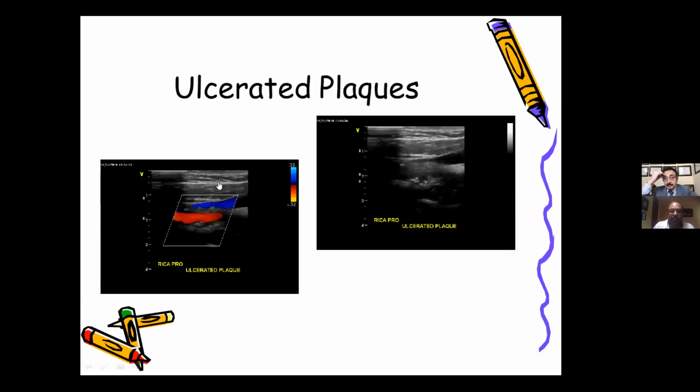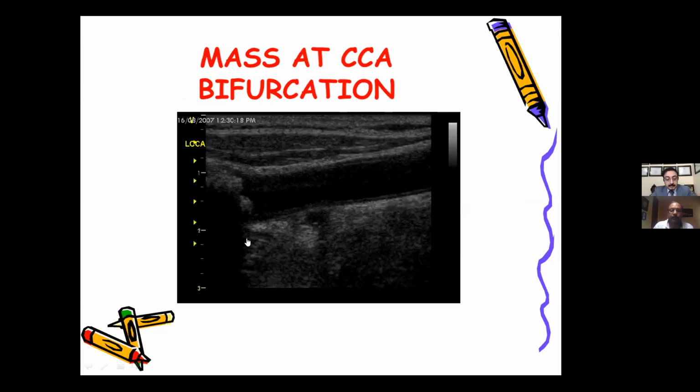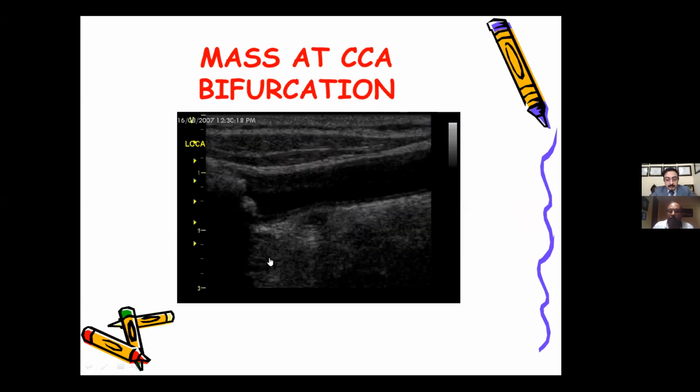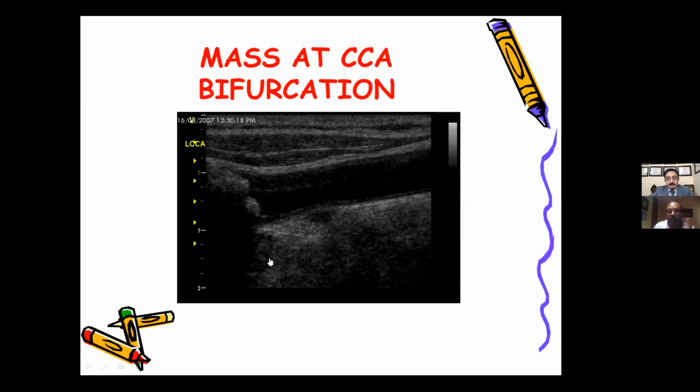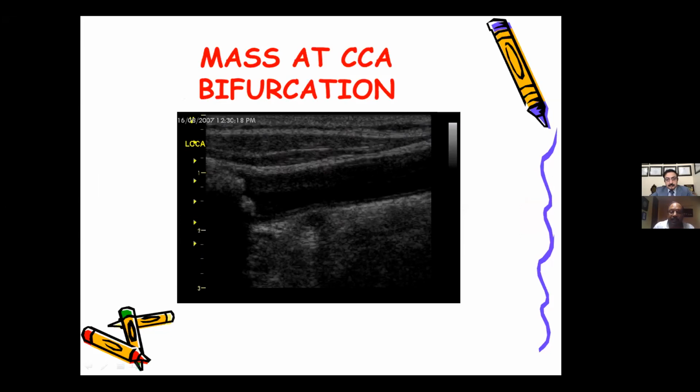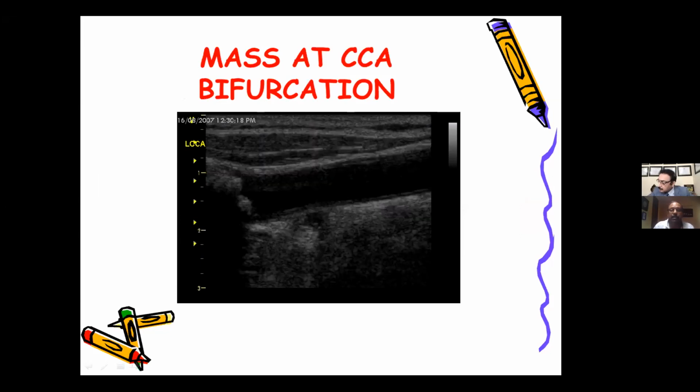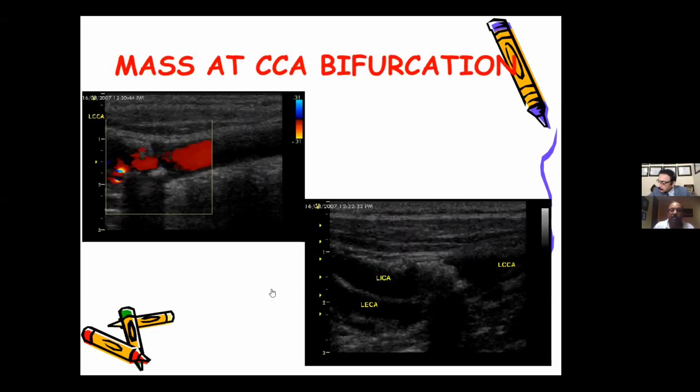Then, a mass which is pressing the common carotid artery. This is a common carotid artery, and you can see the external mass. The most common thing which is seen pressing is, we have seen many people coming with cervical lymphadenopathy. Many people come with metastatic glands in the neck presenting with a mass compressing the common carotid vessels.